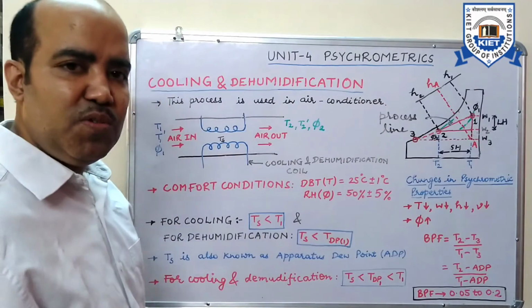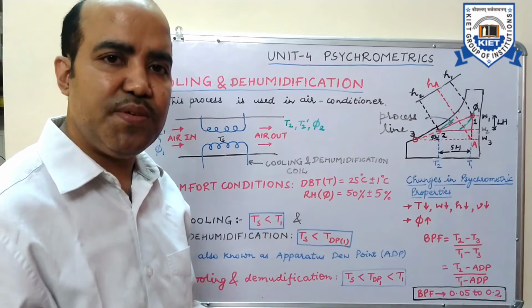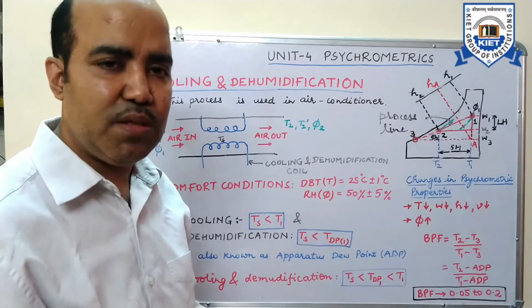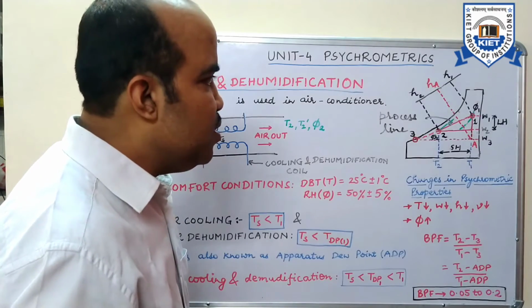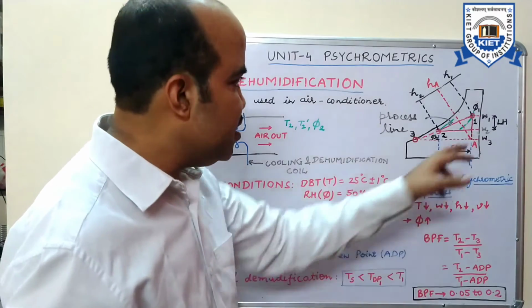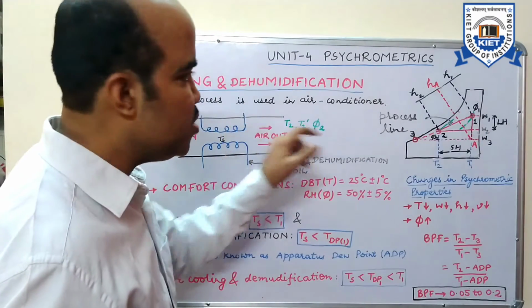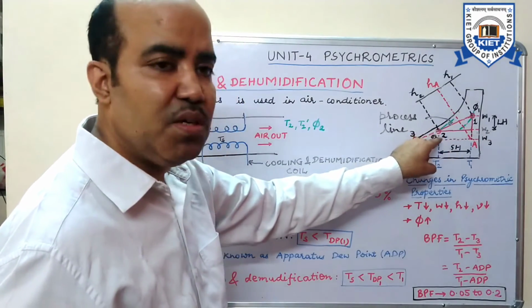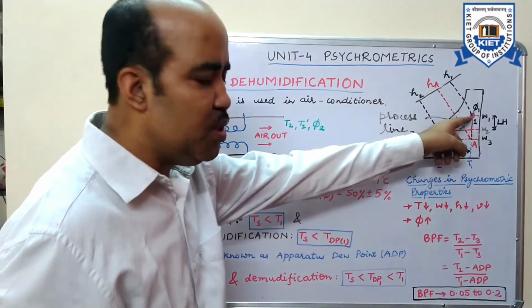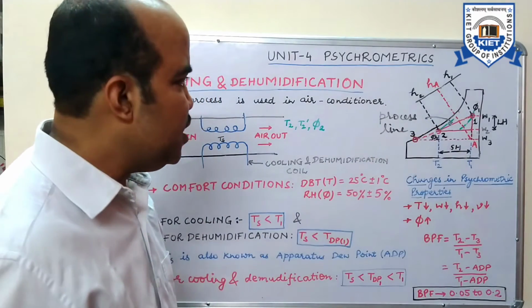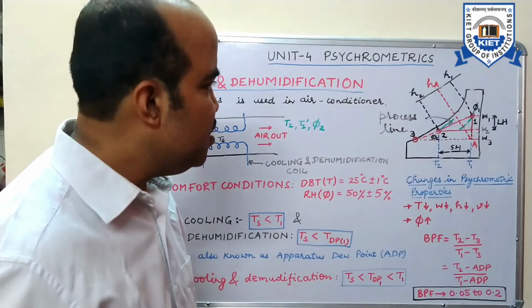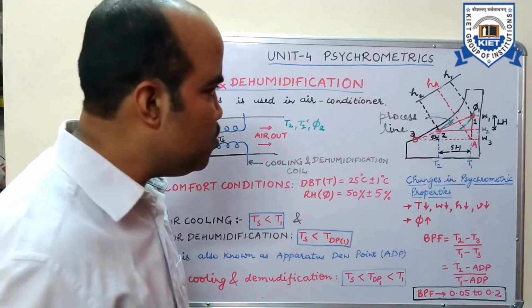The other name of this line is the sensible heat factor line or condition line, whatever you may call it. This is the line connecting the initial condition, point number 1, with the final condition, point number 2, with a straight line. Now this line 1 to 2, which is the process line, is assumed to have